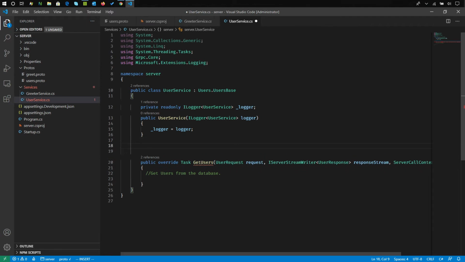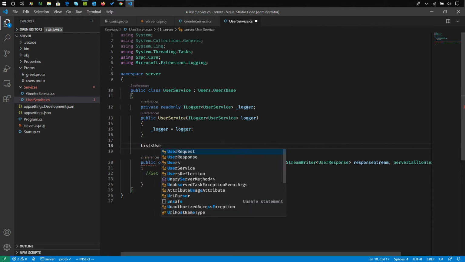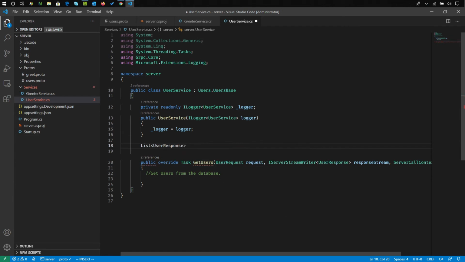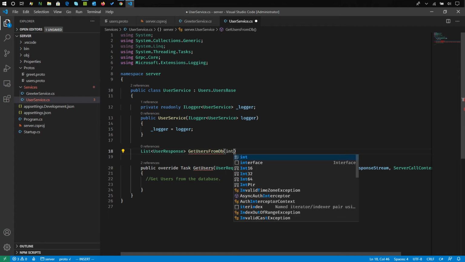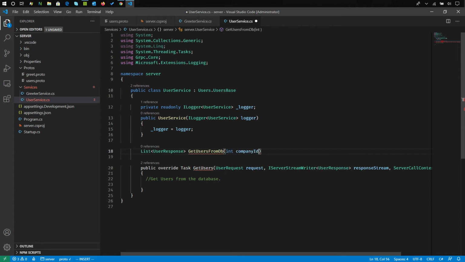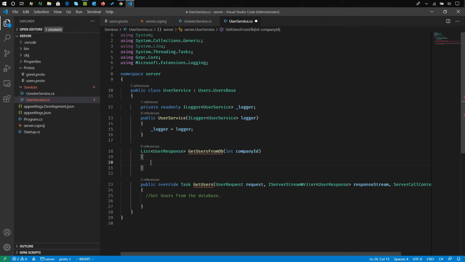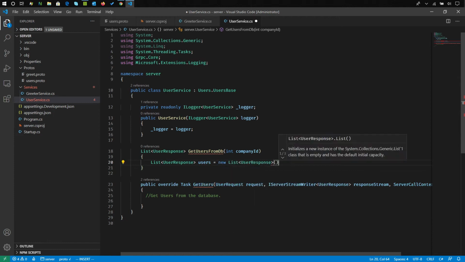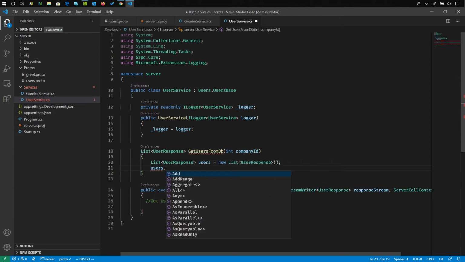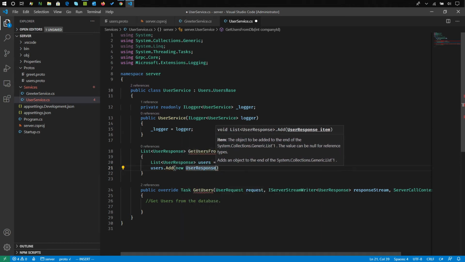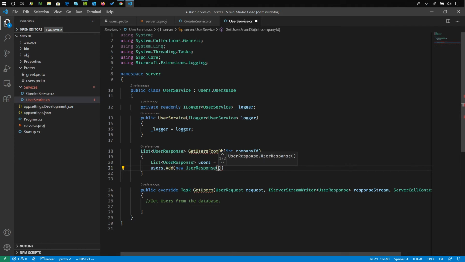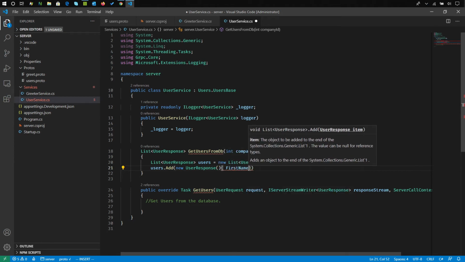Let's write a function which returns a list of user responses back, and let's call it get users from DB, and let's accept a company ID. So in real life, when we implement this function, we can actually get all the users for that company. Let's quickly create a users object, a list of user responses, and to this users object I'm going to add a new user response which has a first name